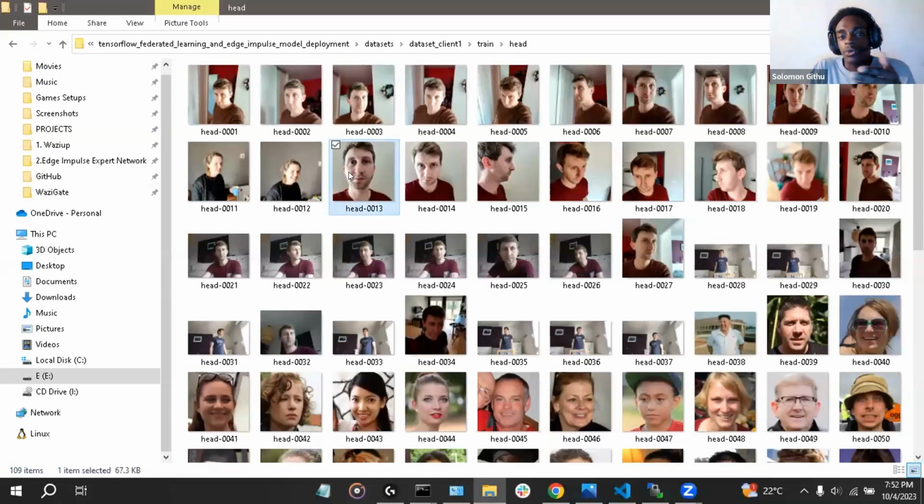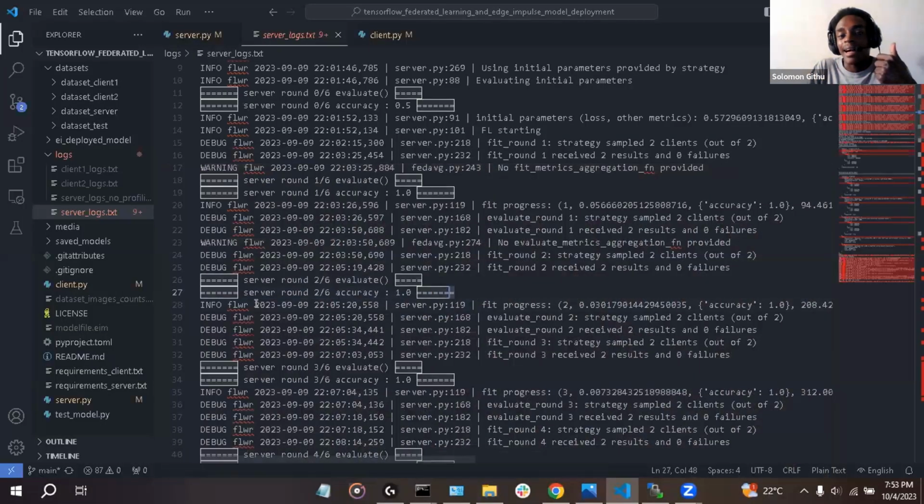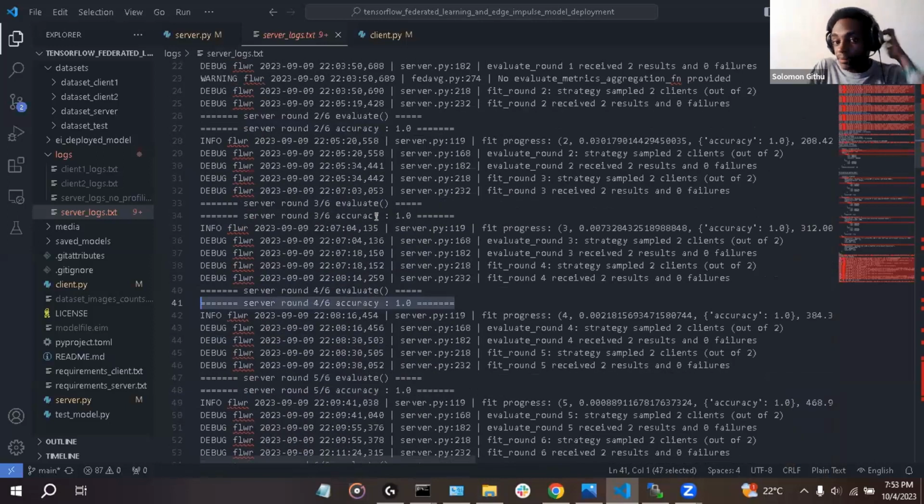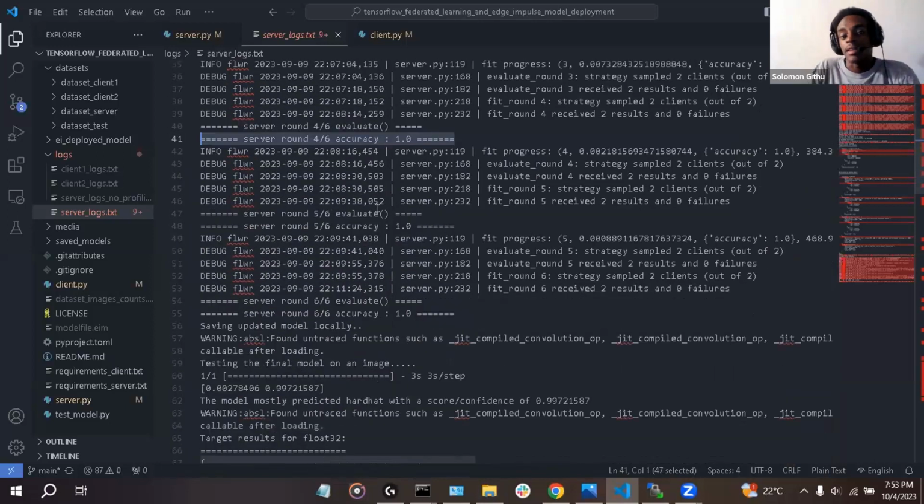Now these two images that we are showing the model are not very complicated objects. So the MobileNetV2 model may be learning easily for this particular task. That's why we can see that the accuracy is always 1, because it's not a very difficult task that we may be giving the MobileNetV2 model.